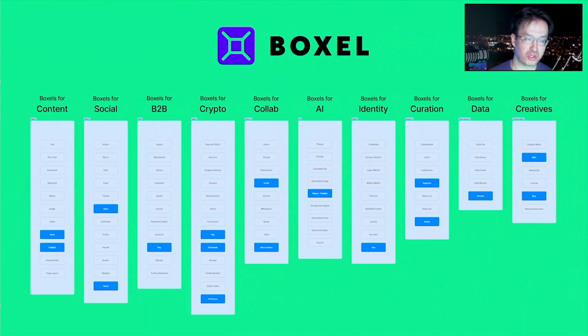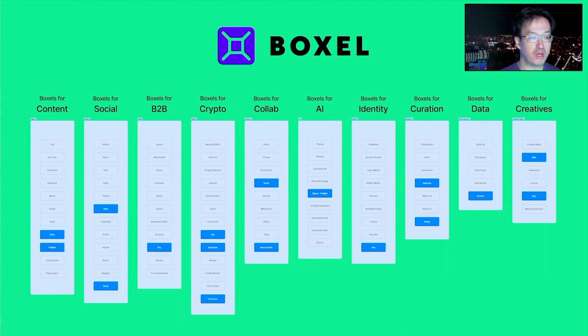Recall when we talk about Boxel, we say Boxel is a system of composability, but at the end of the composability, you still have to use it for something. So I want to use it for content management. I need to know what a blog post looks like, what a video upload tool looks like, what an image, what a video player looks like. If I want to do social media, I need to know what a thread, a feed looks like. I want to know what is included in the user profile, what's included in an avatar. How do you create widgets that can be shared?